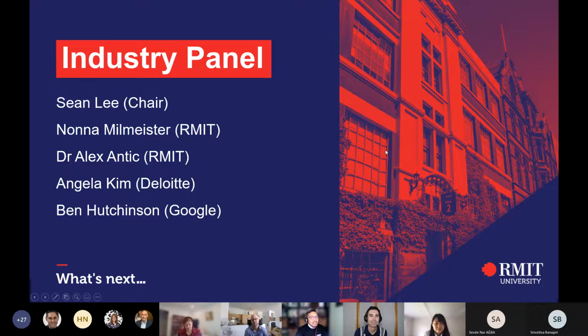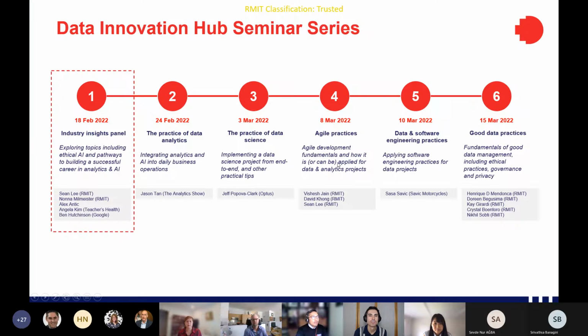So just very quickly, what is this Data Innovation Hub seminar series? The Data Innovation Hub is a project that we started in RMIT this year, where we're getting students who want to do a placement in data and analytics with industry partners who are desperately looking for people who want to work on their projects. These are paid placement opportunities in which we're connecting students with industry partners such as EY, Synergy, Vicinity Centers. So a really great range of companies who are doing quite a lot of projects in AI, ML, and data and analytics. We have today as well